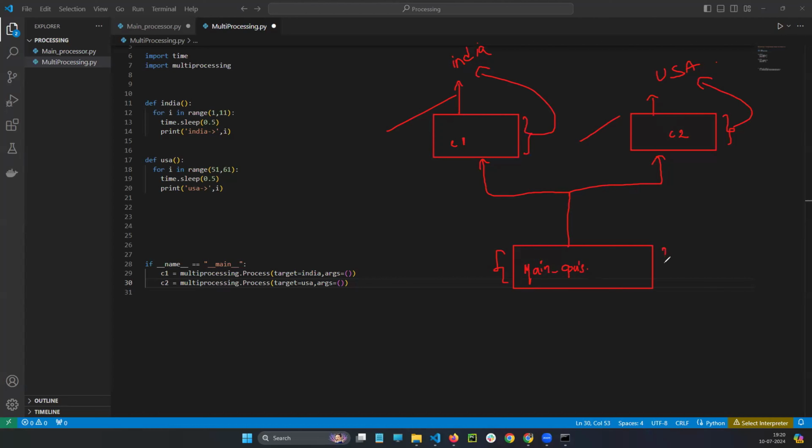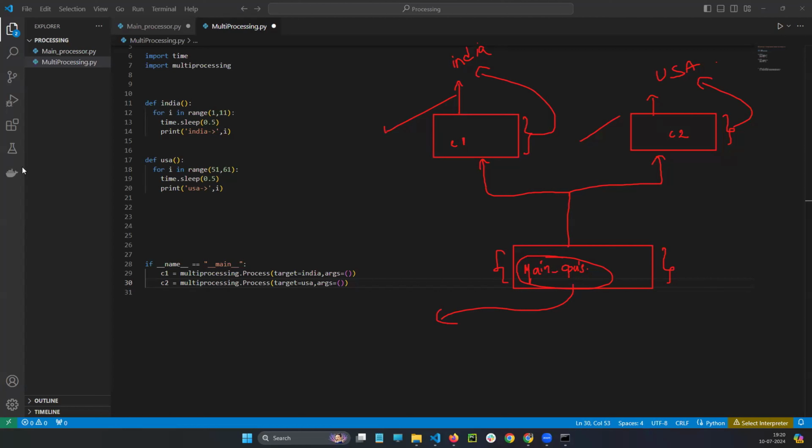But why is the main CPU here? From the main CPU I created C1, I created C2, done. CPU1 is doing its own work, CPU2 is doing its own work. Then this main CPU can leave from here, no? Yes or no? I can use the main CPU for some other purpose. Am I right or wrong? You tell me.